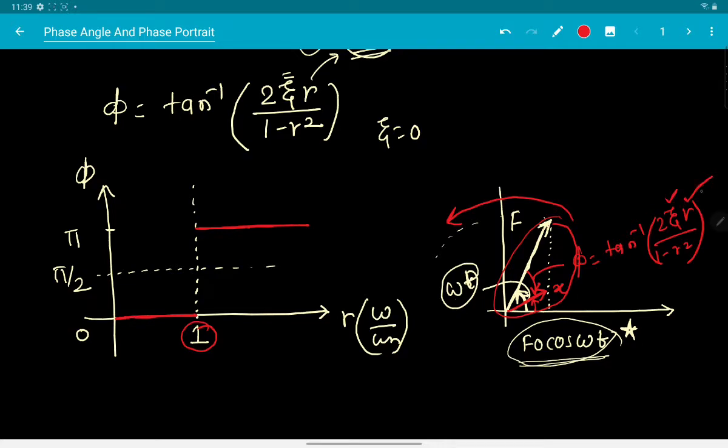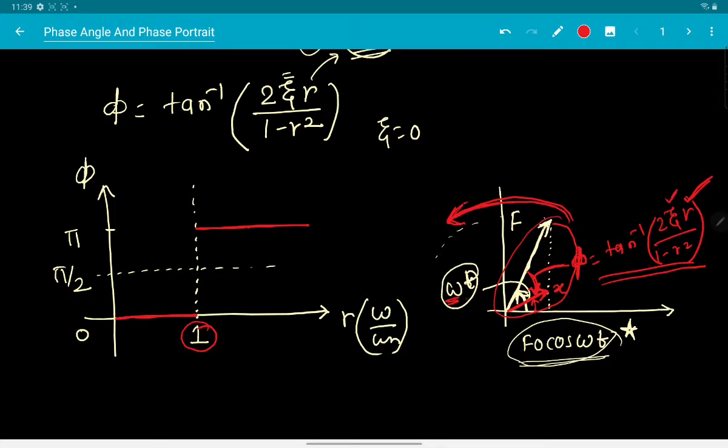The moment you select the r value, that is the moment you pick this omega, at that time the relationship between f and x is decided. So if this is f, this is how x is going to be. It is going to lag f by this much angle, which is this phi, and that is given by this expression. And now as time increases, this entire set, both f as well as x,